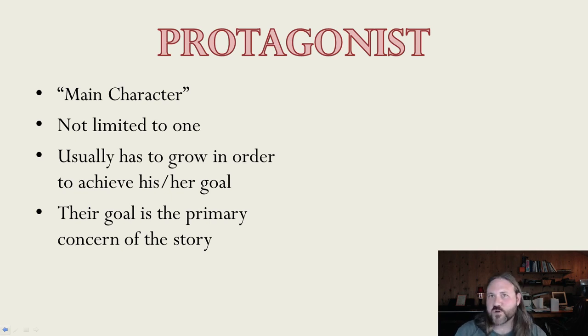Usually we have this idea that protagonists need to grow in order to achieve their goal. So they have a goal, and the conflict is them wanting to achieve the goal, and there are things standing in their way. And they usually have to grow in some capacity to overcome those obstacles and then achieve their goal. Either they grow morally, or they grow physically, or they grow intellectually, or they come to some greater understanding about themselves and their environment that allows them to achieve their goal, or to alter their goal in a way that's going to make it achievable. There's a lot of different ways that growth curves can occur, but most people, I think, go into a story expecting some kind of growth with the character.